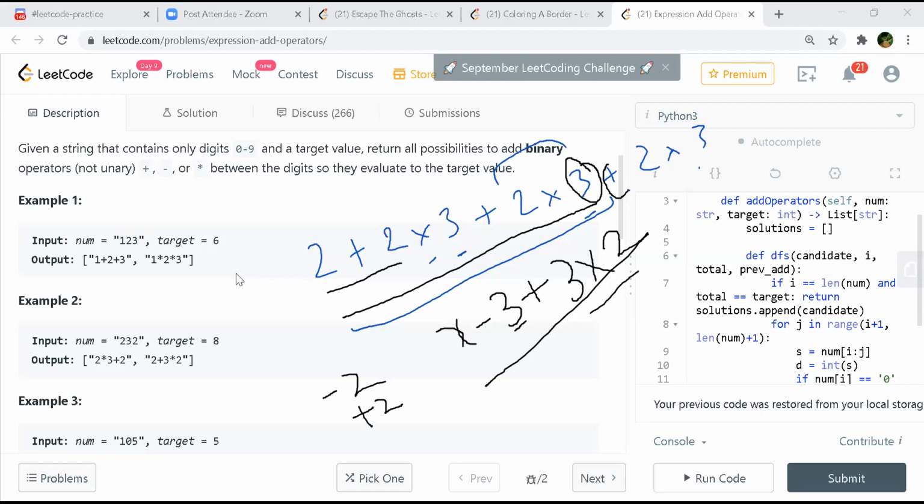But for multiplication, as you said, we need to maintain the previous operation. Maybe we need to divide to restore that. No, he's saying that you divide to get back to the normal state. But in this case, even if you had a previous one as a multiplication operator, this is our previous operator, right? And your previous value is 3.